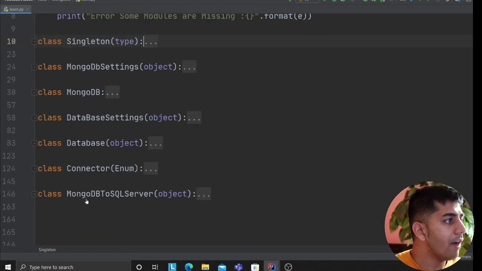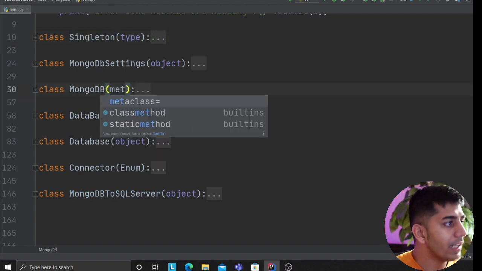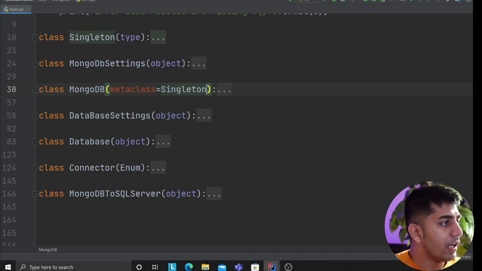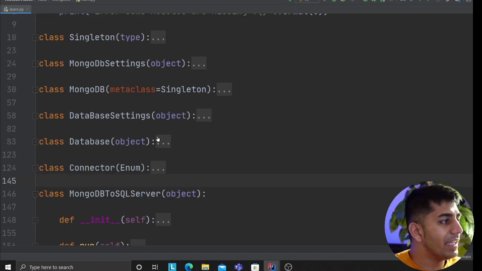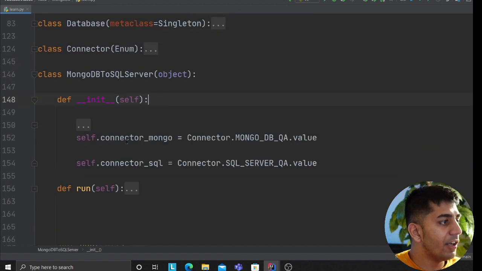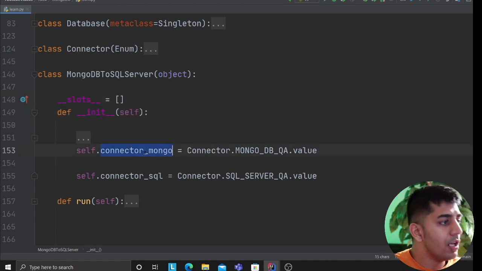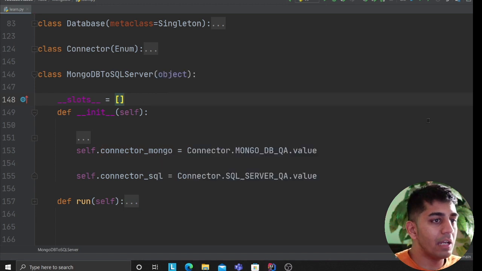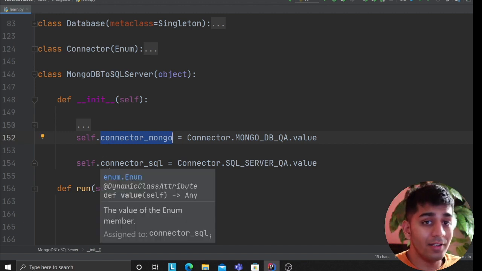So I have a class called Singleton. Now take a look at the magic, okay? I can just say metaclass is equal to Singleton. Now in my main class, I would have one and only one unique instance, okay? I would also do the same thing for the database object. Now I have a singleton design pattern, so I cannot create multiple instances. You could also add slots to make this code much more efficient. Slots essentially prevent adding attributes at runtime, and you can read more about slots, but I'm just showing you all that. You could define this as a private attribute, which means the user cannot change it, right?